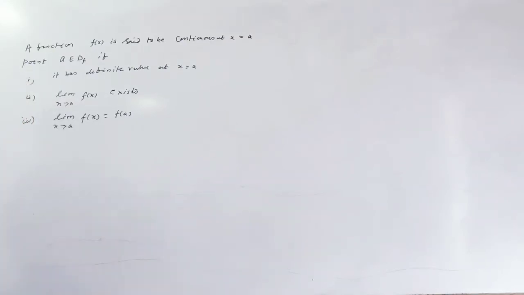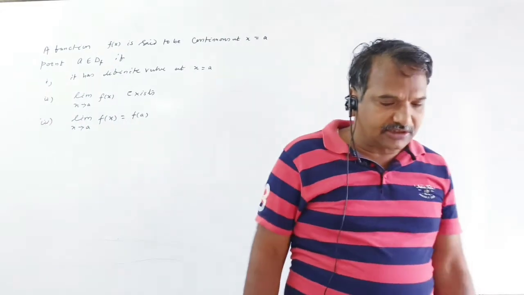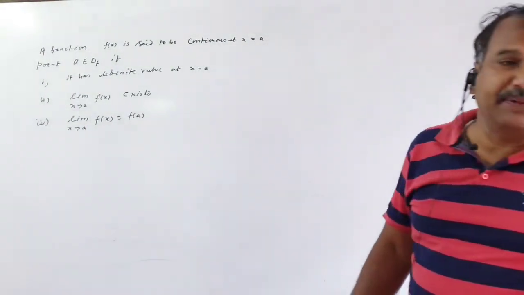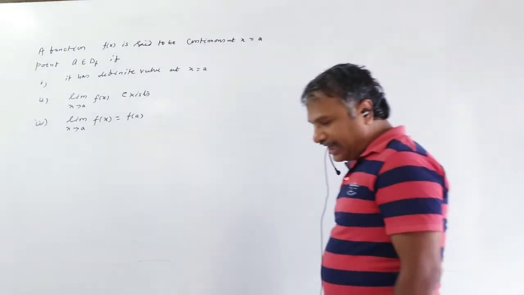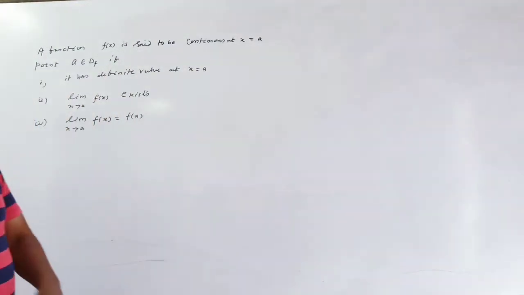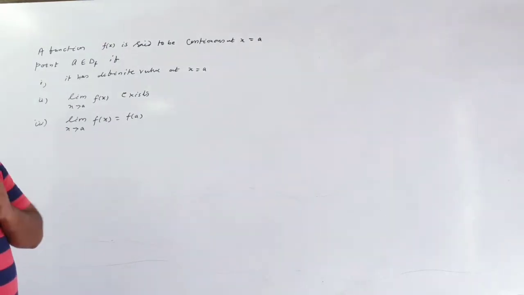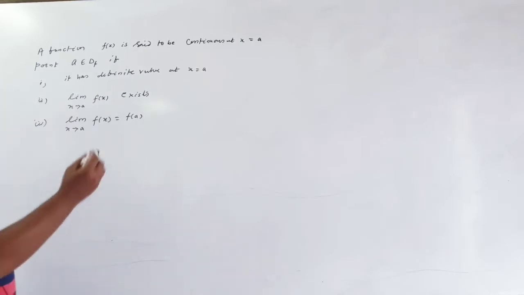Dear students, today is the continuous function. We already discussed in the last class what the limit of a function is and some important formulas. Now a function is given at x equal to a certain real number in its domain. So whether the function is continuous or discontinuous, it must satisfy these three properties.